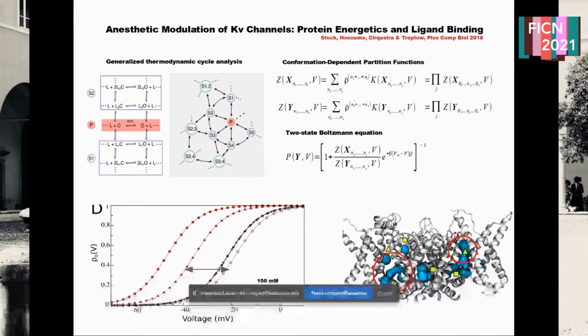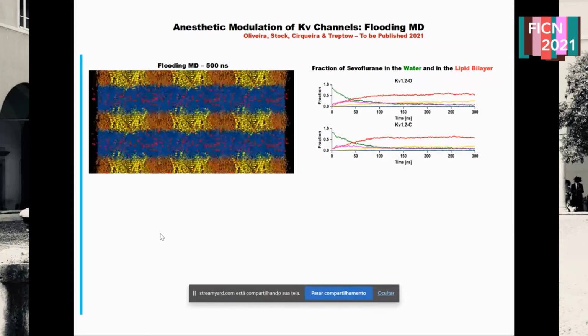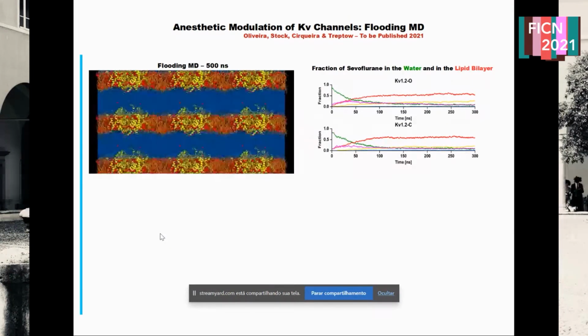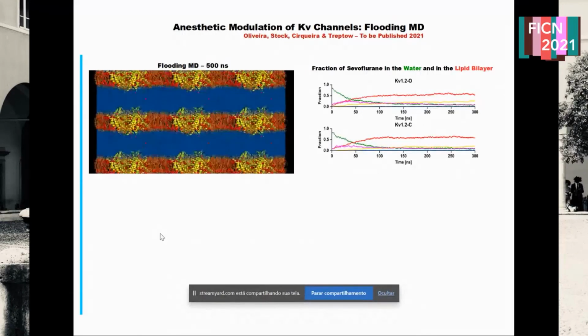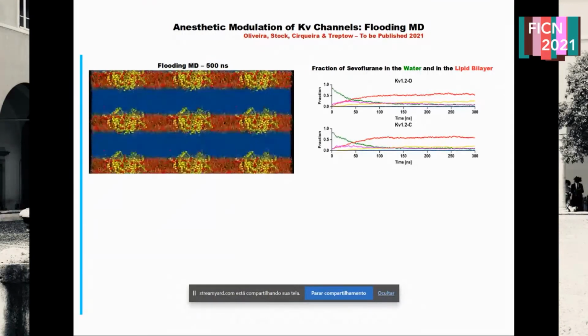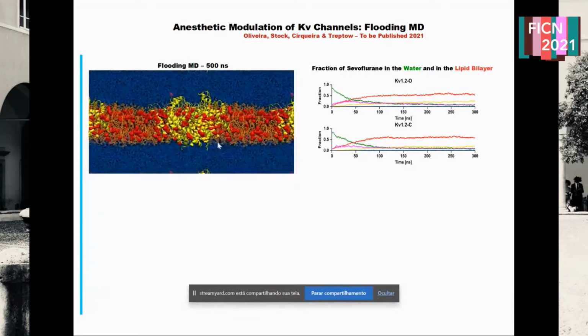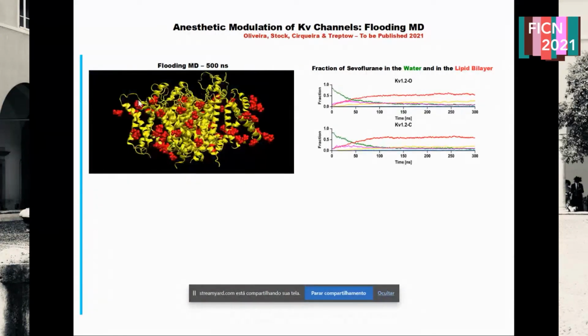So these results are fine, they are interesting, but it's true that they may suffer from imperfections in our calculations. So for instance, imperfections in the energy function in docking calculations, or limitations of the sampling of the bound state in the free energy perturbation. So accordingly, we decided to investigate the dependence of these results on the calculations. So we tried to follow a different strategy for that goal. We performed flooding MD simulations. So we flooded the channel embedded in a phospholipid bilayer with an excess of ligand molecules.